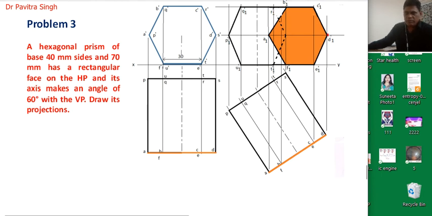Now we will solve this problem. So actually in this problem you can see a hexagonal prism of base 40 mm side and 70 mm long has a rectangular face on the horizontal plane, and its axis makes an angle of 60° with the vertical plane. Draw its projections. So actually this hexagonal prism is lying on the horizontal plane, and its one surface is touching